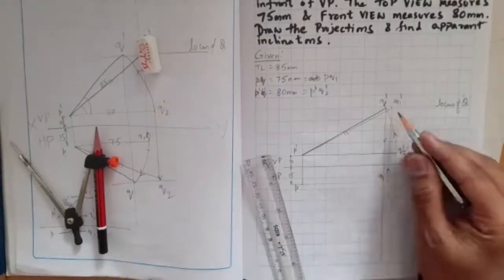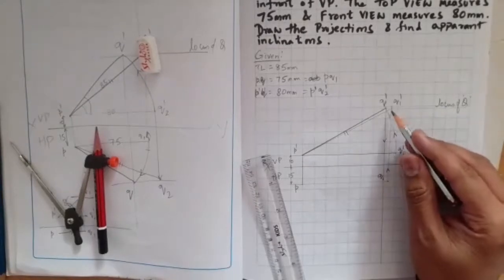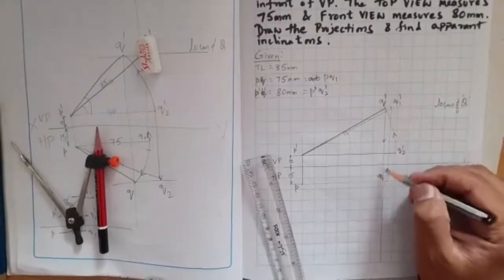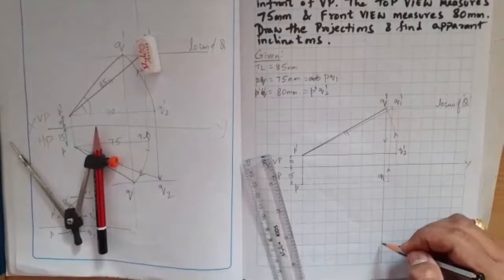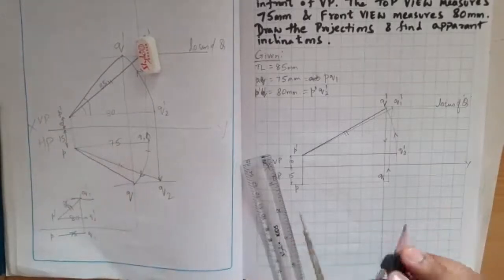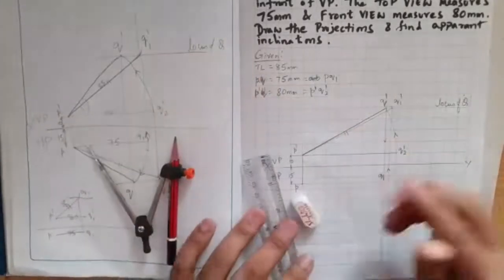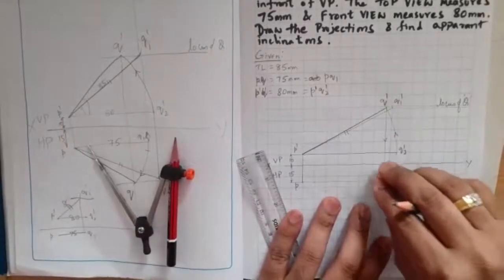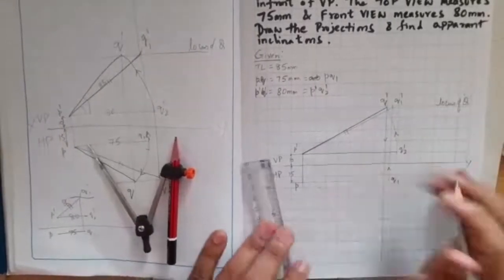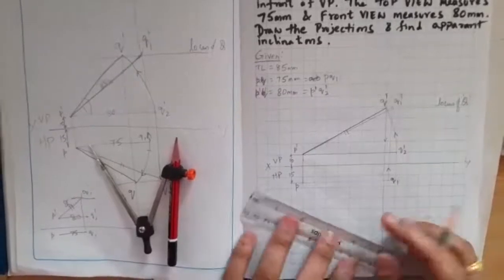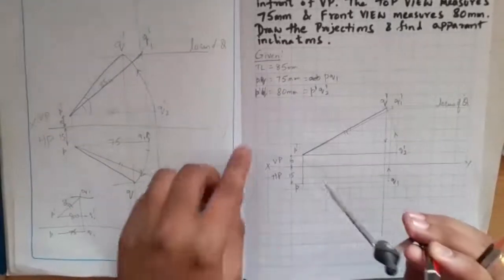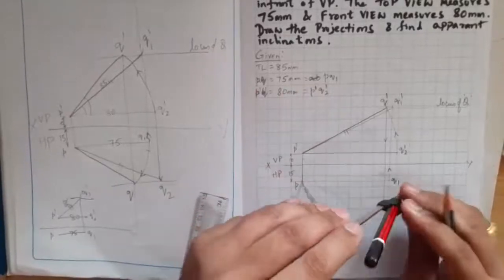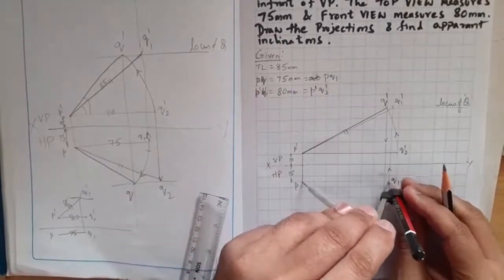Next, you are marking 85 and then marking here. Next, Q2 dash is rotated to identify Q dash. Next, Q dash is brought down till here, where I don't know. So for that, from P, Q1, I'll name Q1 here and erase this name here because it is overlapping with the projection line. So PQ1. PQ1 is the top view, 75 mm.